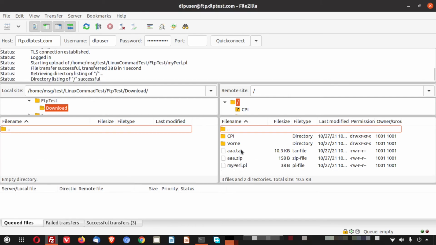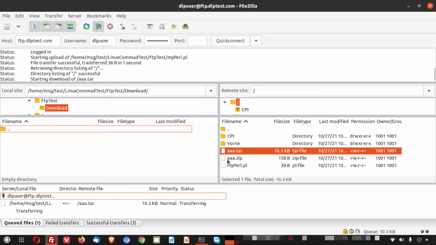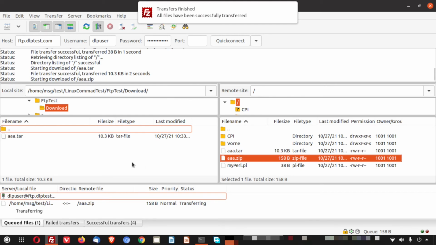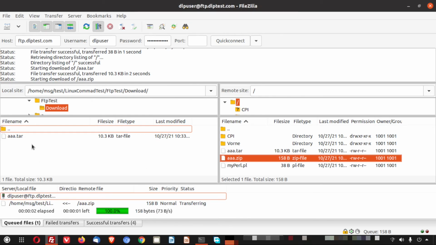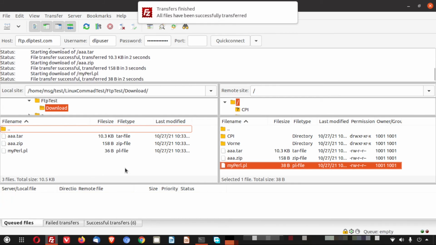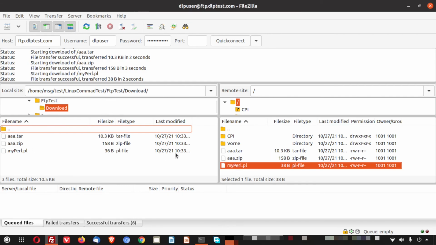Now I have uploaded, and here this is the remote site which we have connected, and this is our local directory in the left. I have opened an empty directory and let me double click so that it will get downloaded here. So you can see we have uploaded the files to the remote server and then we switch to the download directory in our local directory, and then we have downloaded the files.